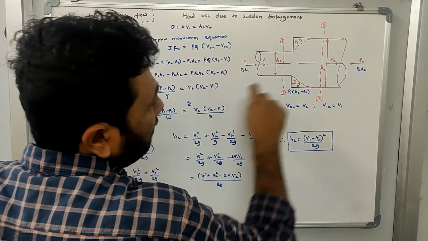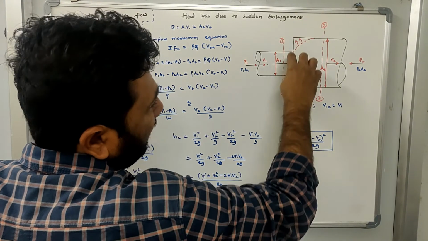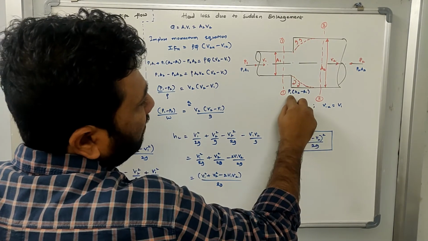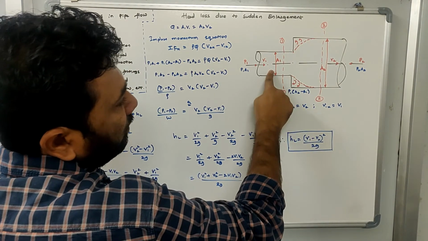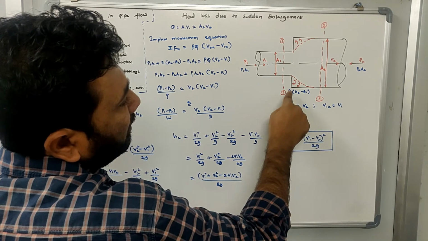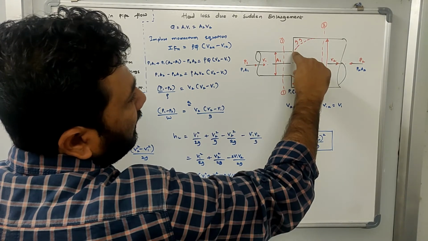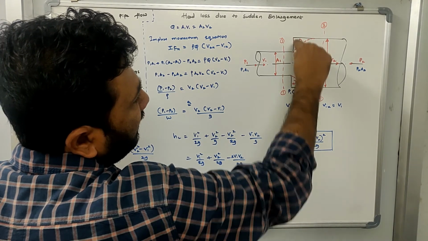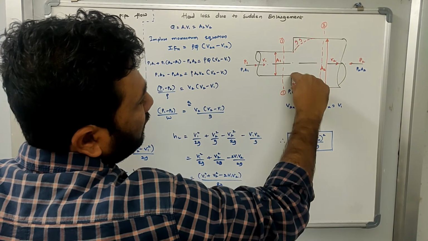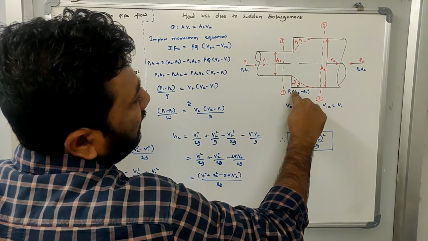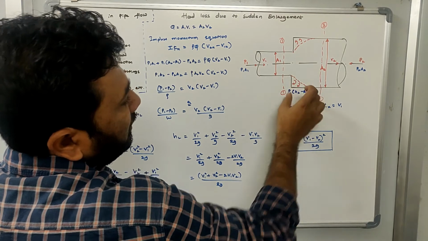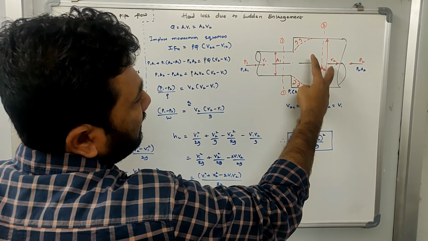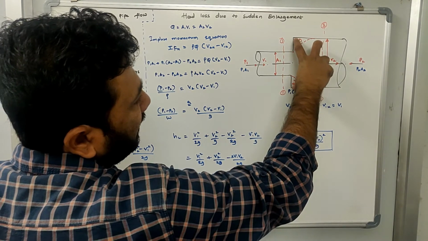So let me assume that at this junction, where the diameter changes from smaller to larger, the pressure is equivalent to the pressure at section 1-1. Here the pressure force will be equal to, this is the total area which is A2, and we need to deduct A1 to get the pressure force in these two places. So P1 into (A2 minus A1) is the pressure force here. Now we have calculated the pressure force at section 1-1, at section 2, and also at the junction.